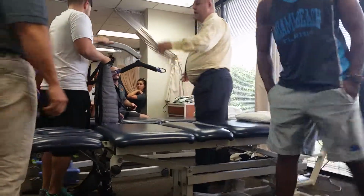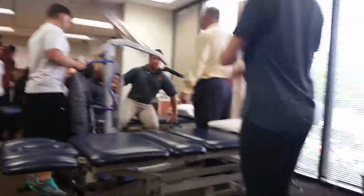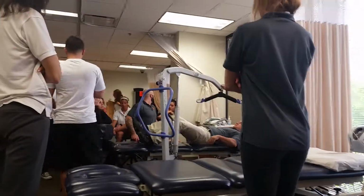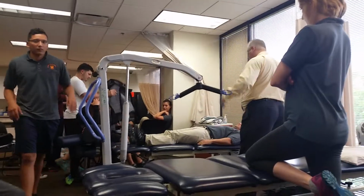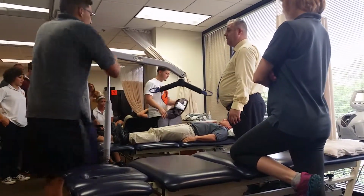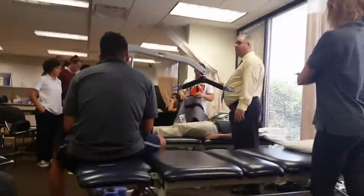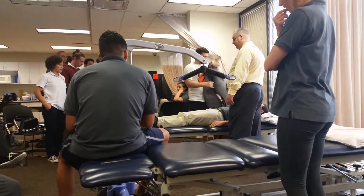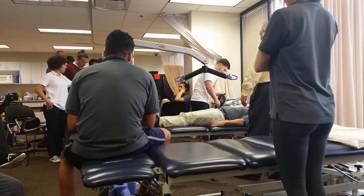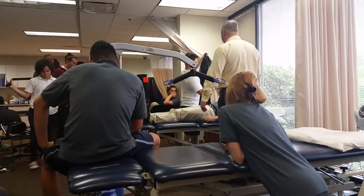No, not right now. So Kevin's going to be here. And let's say that he was laying down and he couldn't get out of bed. So now Gabe and I are working together. So the first thing we have to do is we're going to have to get this underneath him. So the table's too low, so we're going to have to raise the table up. So now as we raise the table up,